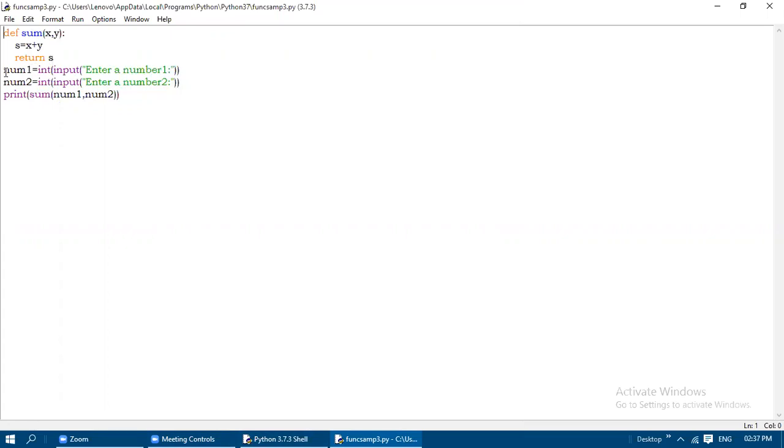And here these three statements are the main statements. Now num1 is assigned as the first variable, so that is used to get the value for x. So num1 will be getting the value in the form of an integer. We need to enter the number, that will be converted into an integer, then that is assigned to num1. In the num2 variable, we are getting another number, that is the second number. So both the numbers will be assigned by the user.